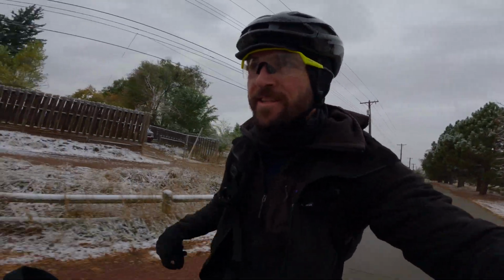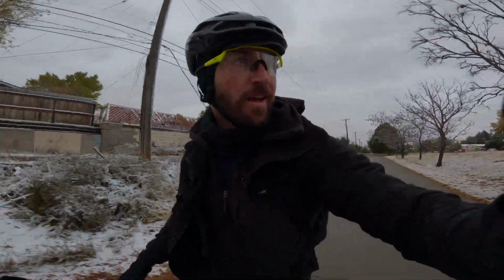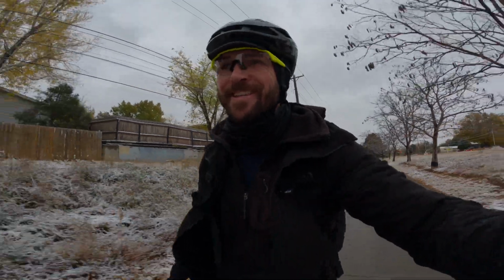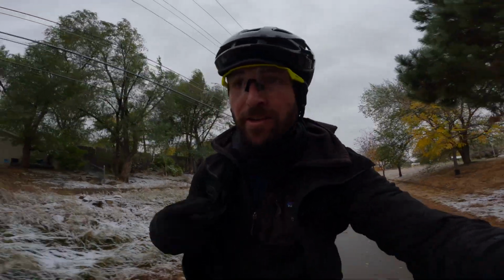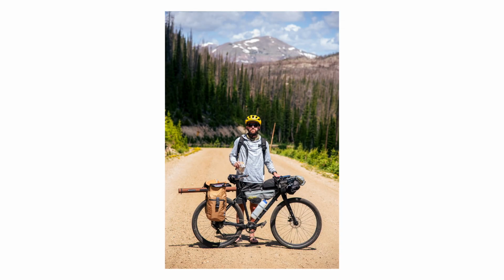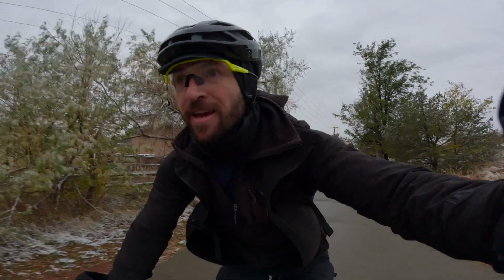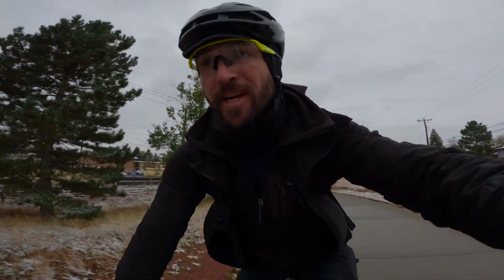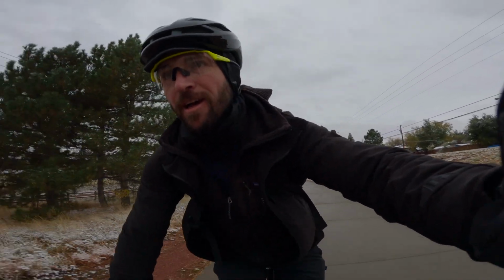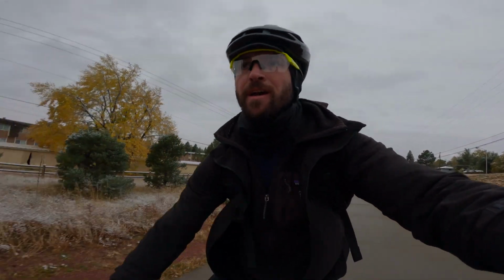For those of you who have followed the channel for about a year, this is the Poseidon. It's still running strong. Haven't done much to it besides just take care of the drivetrain. Yeah, that's about it. It's a super solid commuter bike. It's honestly solid for more than commuting. I took it bikepacking this summer. If you watched that video, it handled extremely well. I'm just pretty pleased with this bike, and I'm under no obligation, nor was I under any obligation, to say that this bike is good. It's just for the value. It's a good bike. If you're looking into a gravel bike or maybe a commuter bike,